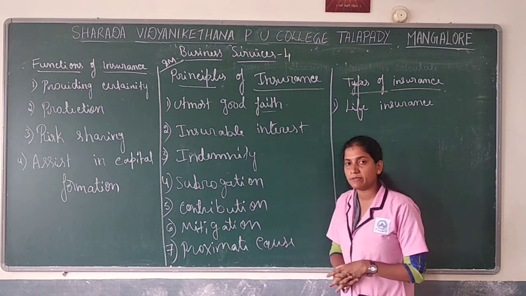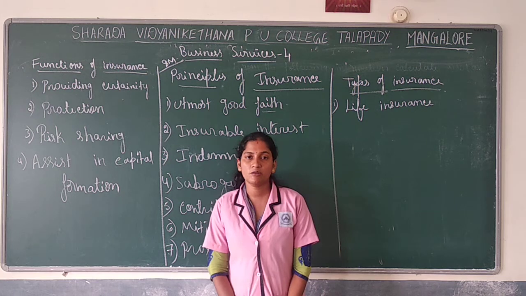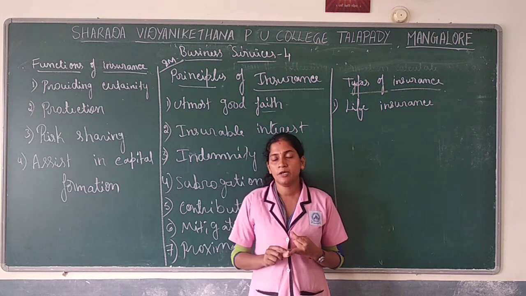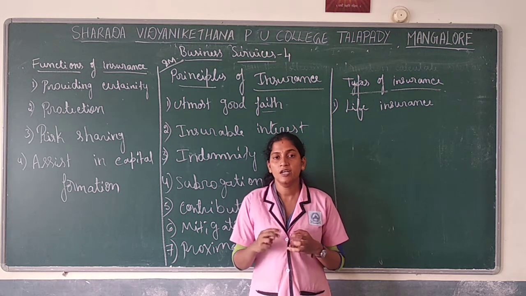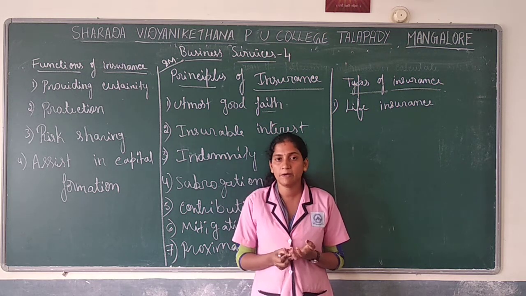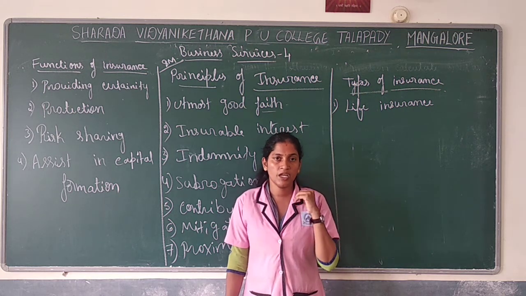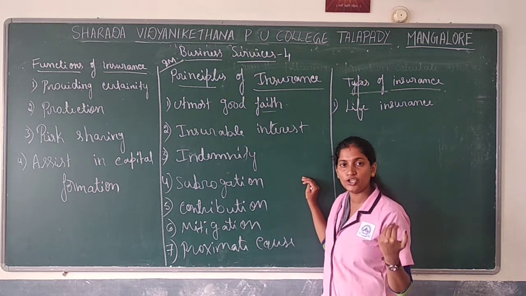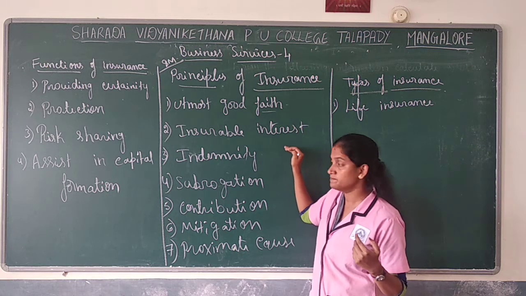Next, insurable interest. Insurable interest means here the subject matter of the insurance should be mentioned, and not only that, it should also mention the interest, for what purpose he is taking an insurance, and the money. Okay, here only the financial matters are covered and not any other issues. So that also should be mentioned here.